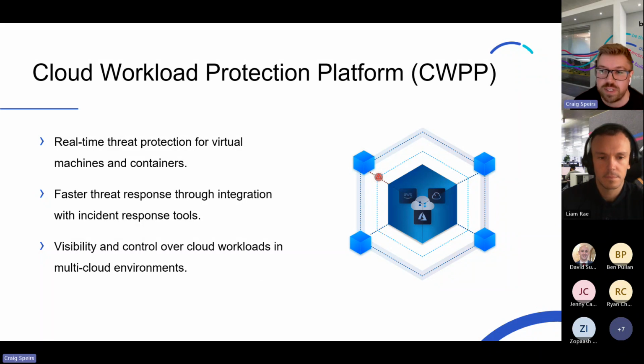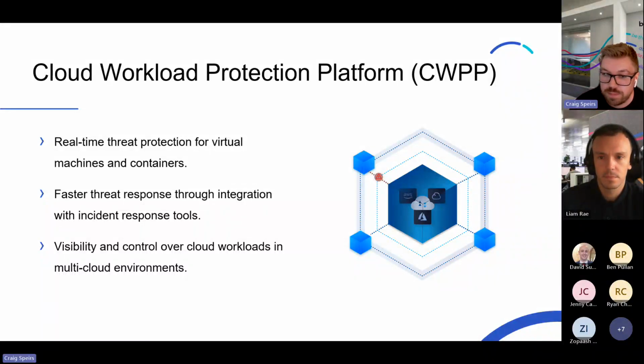Also, with streamlined incident investigation, any security alerts can be automatically fed into your chosen incident response platform. So you could actually tie in, if you've got a 24/7 SOC, you could actually tie in Defender for Cloud with that. So it's one unified platform. So it means the security team are not having to go into both platforms, then go into your 24/7 SOC to look at your security environment. So it provides that holistic view of your security posture. And as it's touched on, eliminates the need to switch between different cloud provider interfaces,